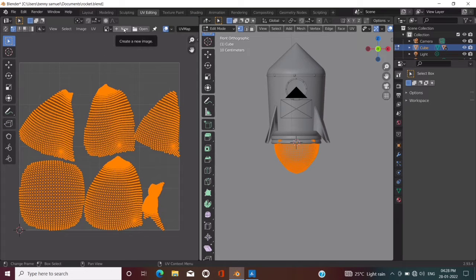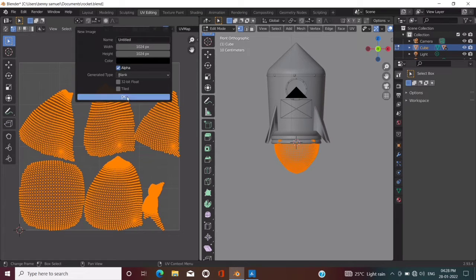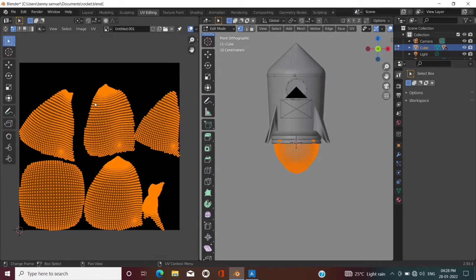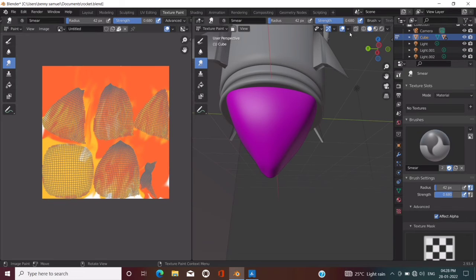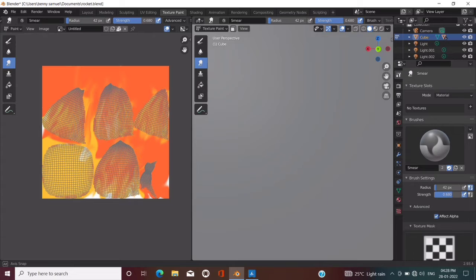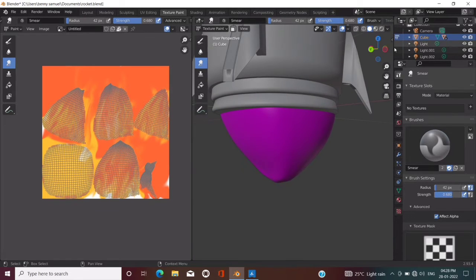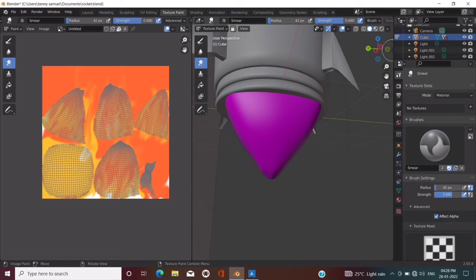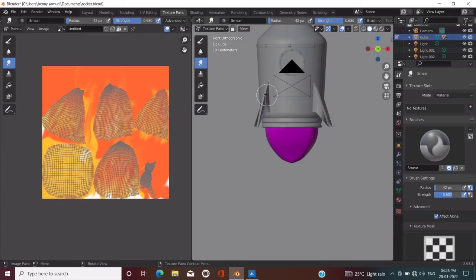Now it's fully a black color, and here it shows a pink color. This is because your texture is not connected or linked with your mesh. For this I am going to come here to the shading tab,